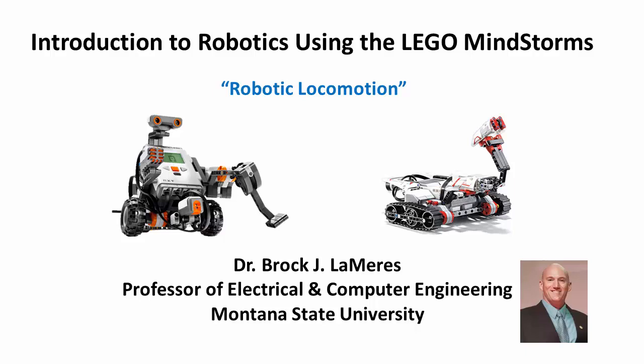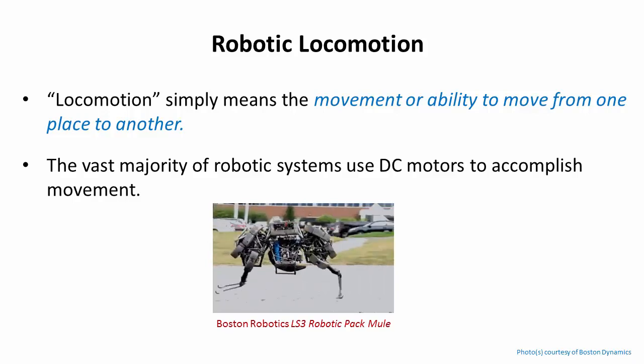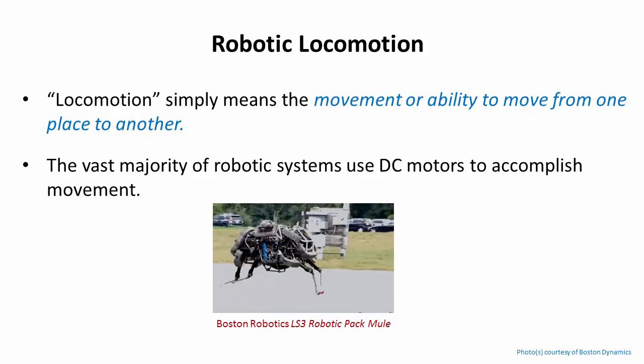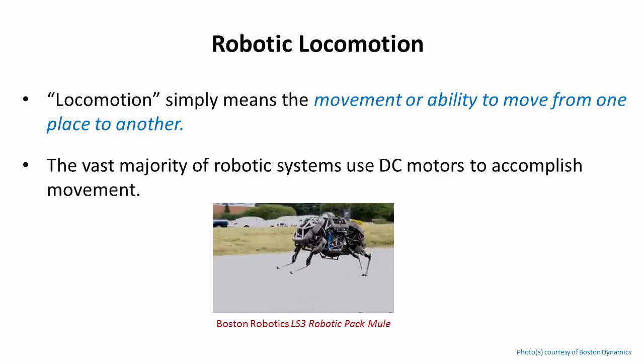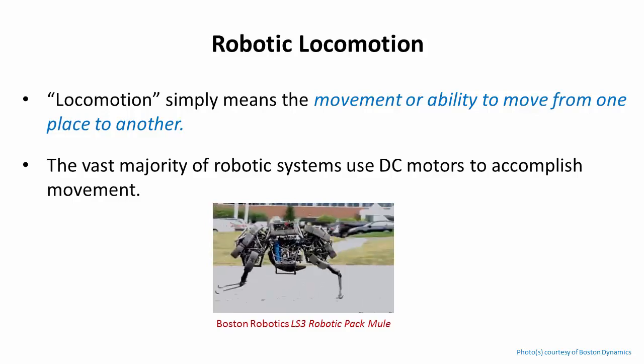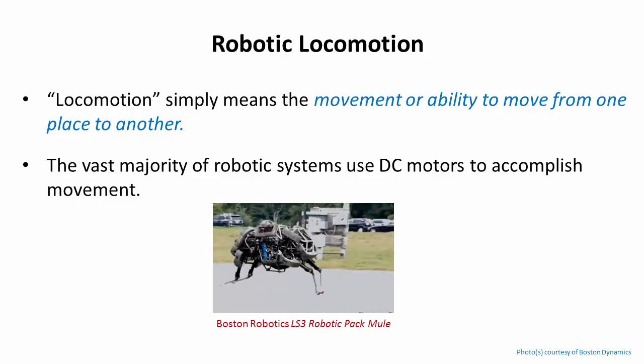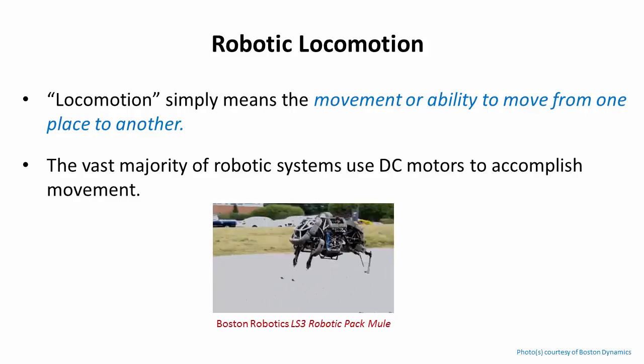Now let's take a look at robotic locomotion. Locomotion just refers to movement. So it's a robot that is moving. The technical definition is movement or the ability to move from one place to another. We just use locomotion as the catch-all term, which talks about the motors and actuators that are